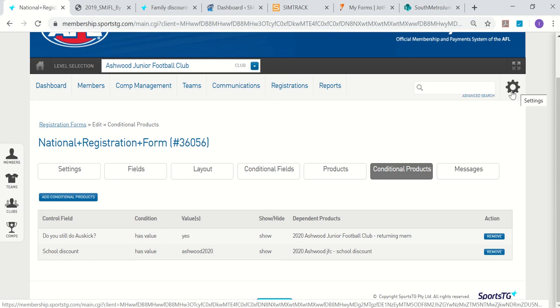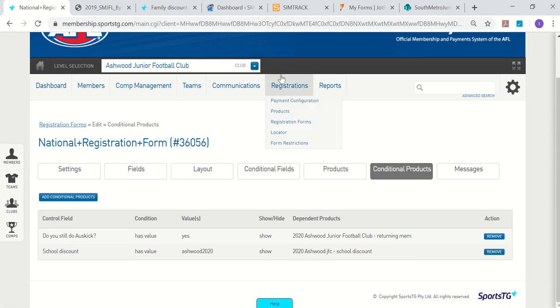Yeah. So I could change that field to a yes/no question, and then you could put that field as, did you attend a school come and try session run by Ashwood JFC, and if they answered yes, then you can show that product. Cool. So then when we're going through the registration form,